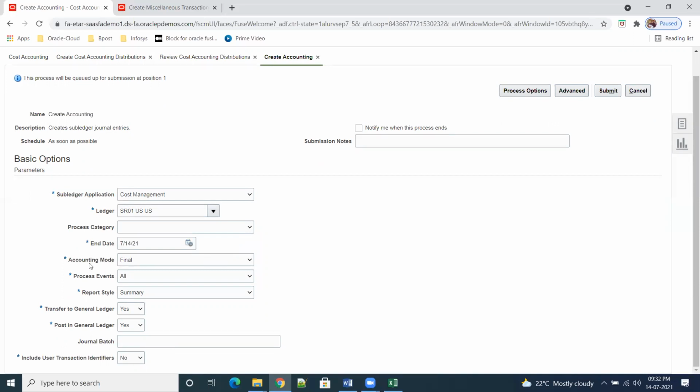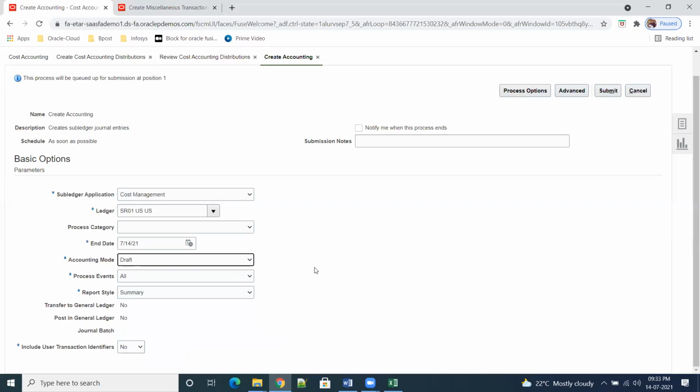We have to know the accounting modes. We have two: draft and final. By draft I mean that before posting to the GL, somebody has to verify whether the prices coming are accurately calculated by the system, or whether we have any issues. If somebody wants to rectify things before posting, you run accounting in draft mode.